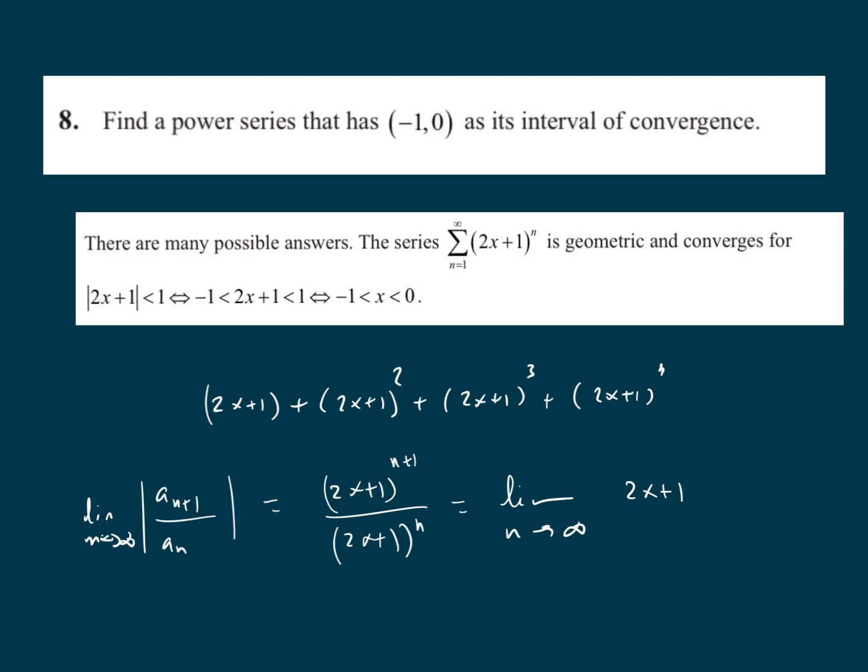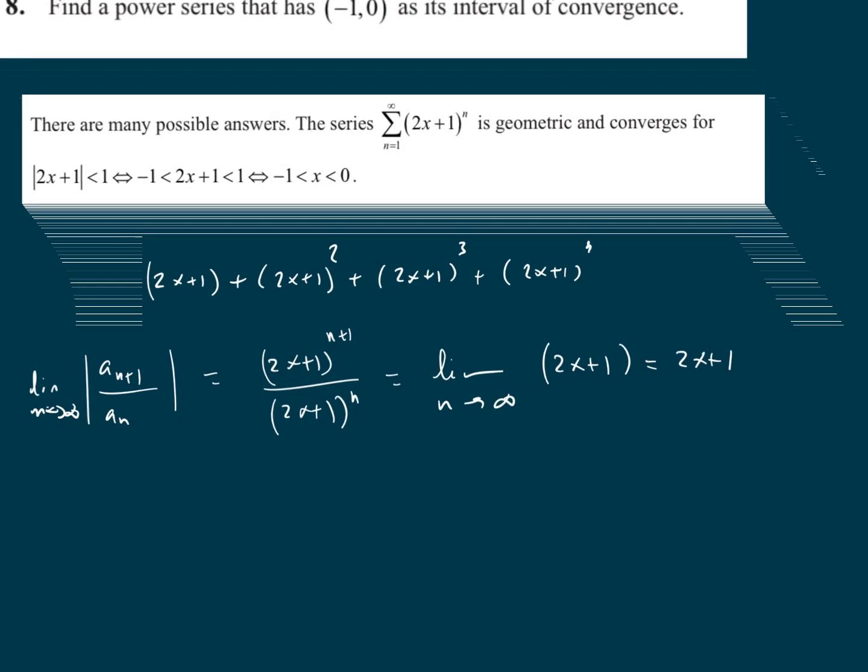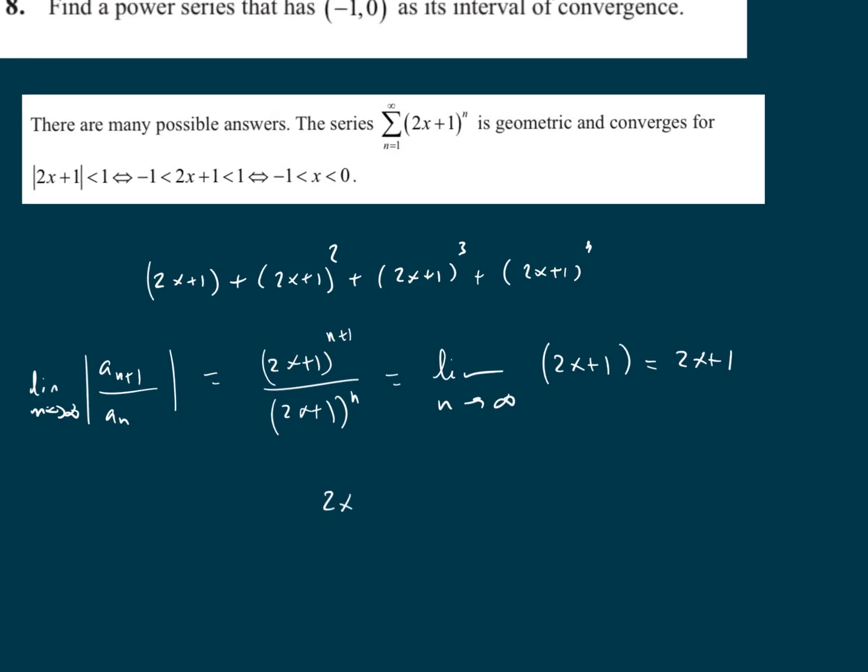This limit is exactly 2x+1, because the n is not involved here. So we need the absolute value of 2x+1 to be smaller than 1,